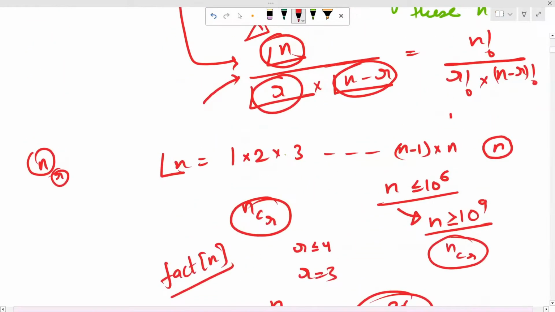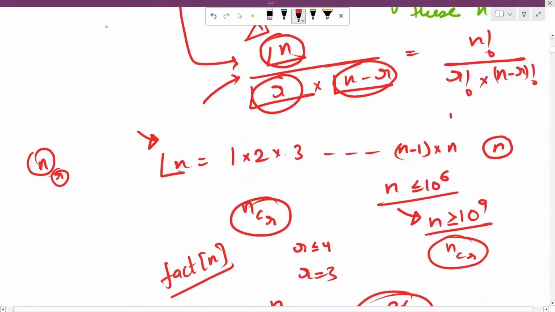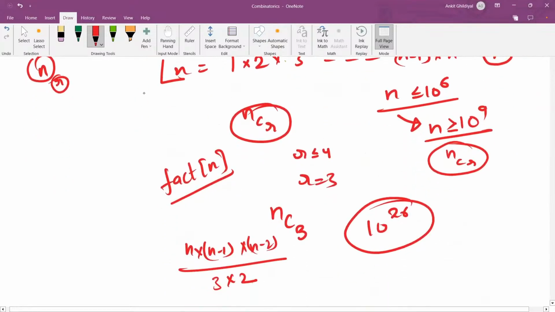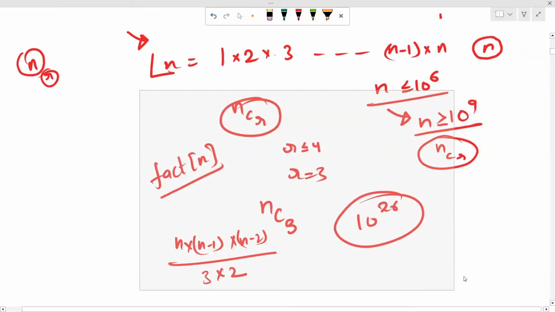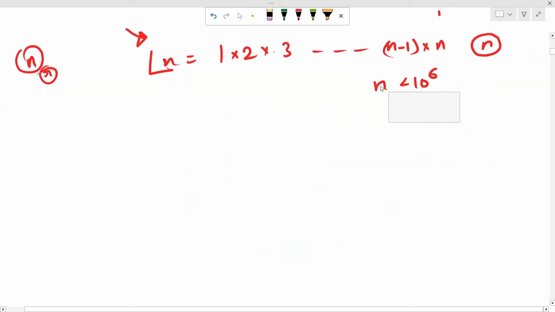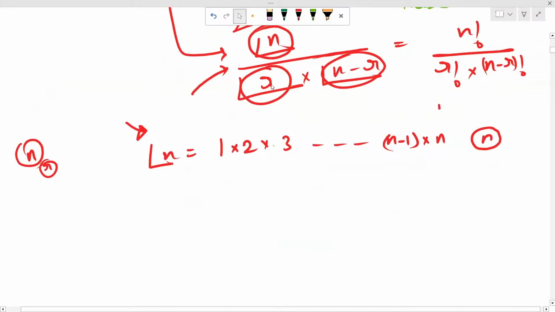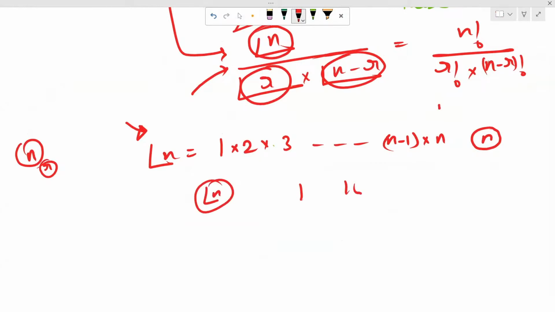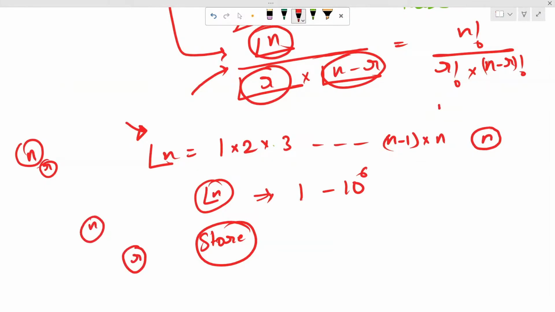So coming back to this, we have two things that we can optimize. The first one is the complexity. We don't want each time to iterate through a loop, calculating the numerator, calculating the denominator, and dividing. We want something better than that. So what we can do is store all the n factorial values from, let's say, 1 to 10 to the power 6. We can store these values, and for a fixed n, we can just store the inverse of